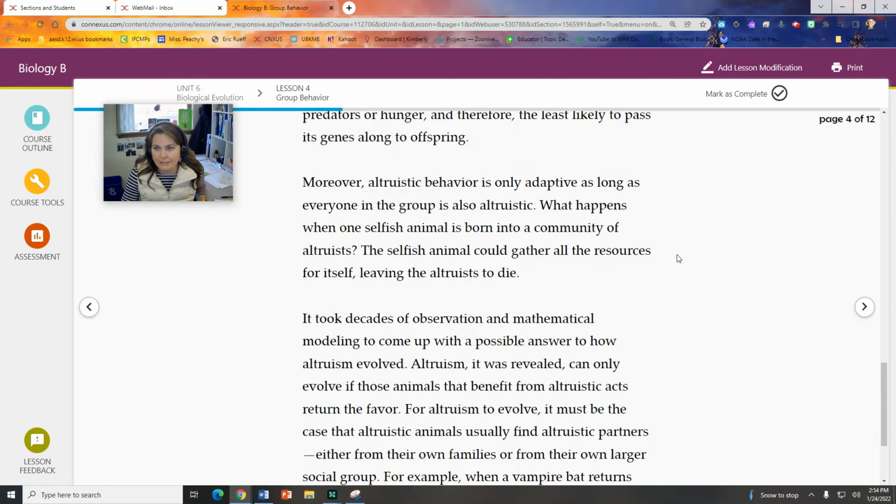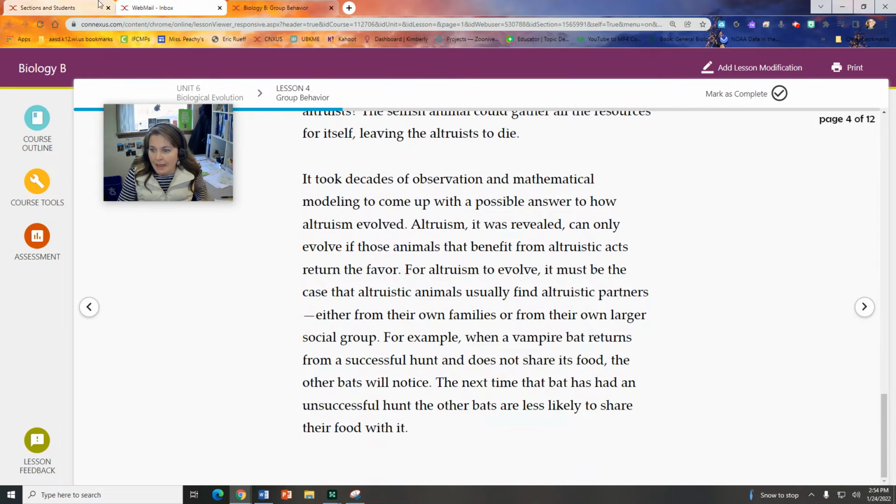So it goes on to explain that it is believed that altruistic behavior really is only something that happens when the favor is returned. So you scratch my back, I'll scratch yours, right? Because one organism helps out another, the expectation is that they do that for the return of that favor in the future. So in a sense, it actually is helping them out because they realize that they will also benefit from that relationship.